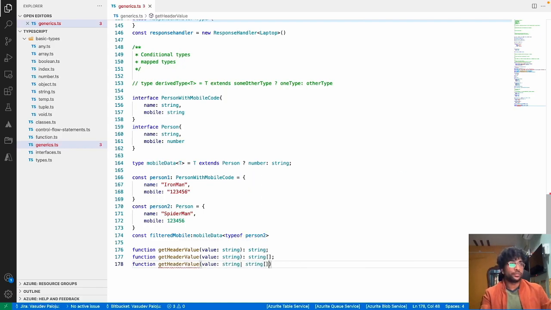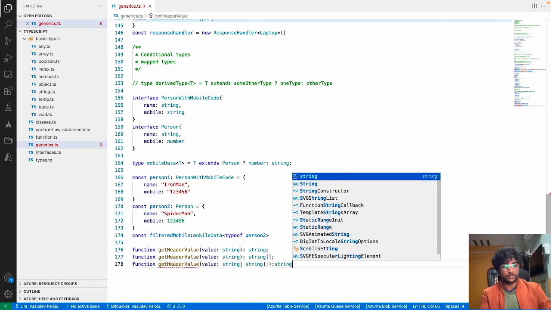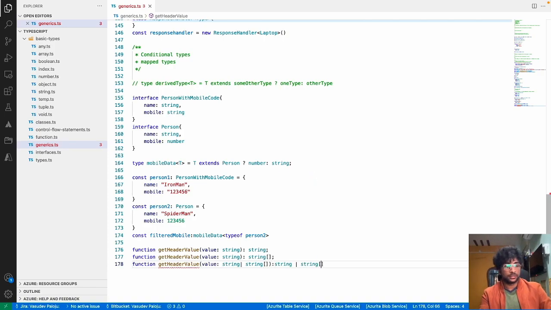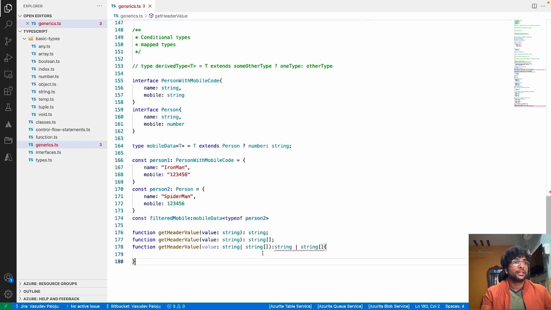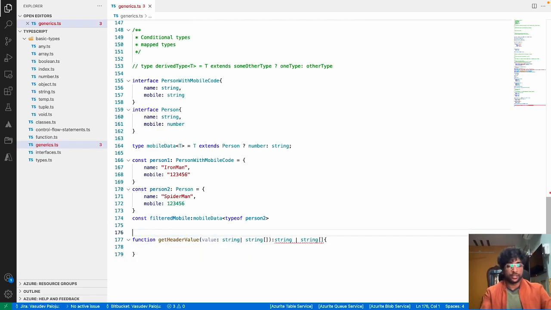So it can take both of these and it can return both of these, right? So here I have to define both of these or something of this sort, right? Because sometimes the value can be an array, sometimes the value can be a string or array of strings, right? In these cases, this is going to be really troublesome, right? So simply what I can do is define a new condition,